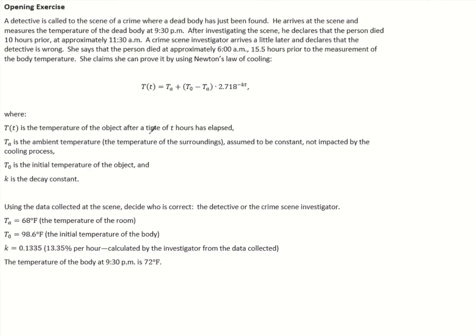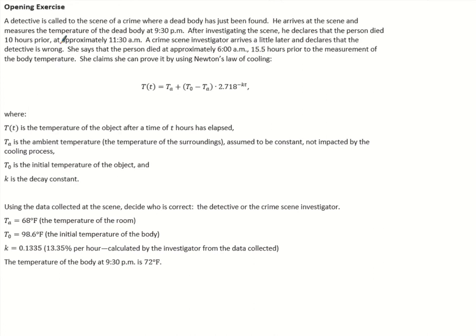So the first thing that you guys had to do was this opening exercise over here. The opening exercise starts with a murder. The detective is called to the scene of a crime where a dead body has just been found. He arrives at the scene and measures the temperature of the dead body at 9:30 p.m. After investigating the scene, he declares that the person died 10 hours prior, so 10 hours ago, at approximately 11:30